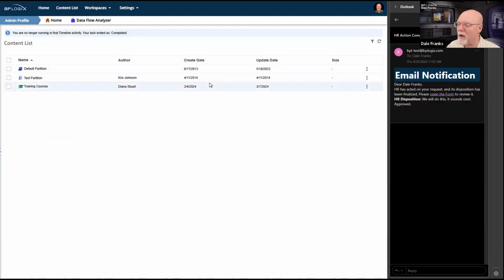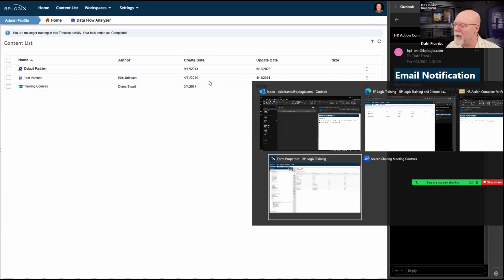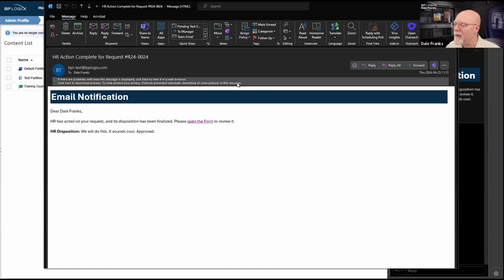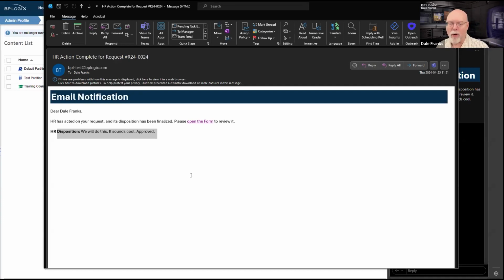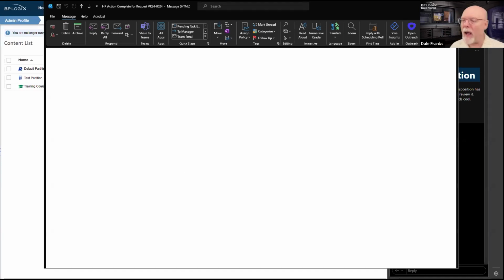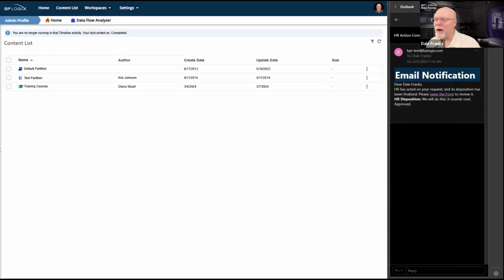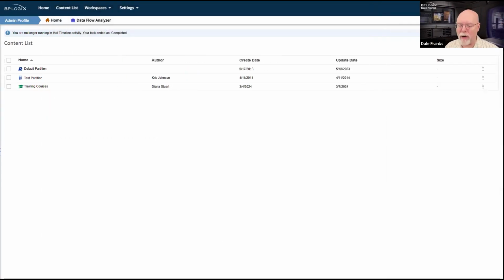And the email also tells me, where'd the email go? There it is right there. Our email also tells me what the HR disposition was. So I have all of the information I need to see how that worked out in the end. So as it happens, I managed to configure pretty much, almost, but not quite everything correctly. Our email notifications work the way that we wanted them to work. People are seeing the information that I want them to see.